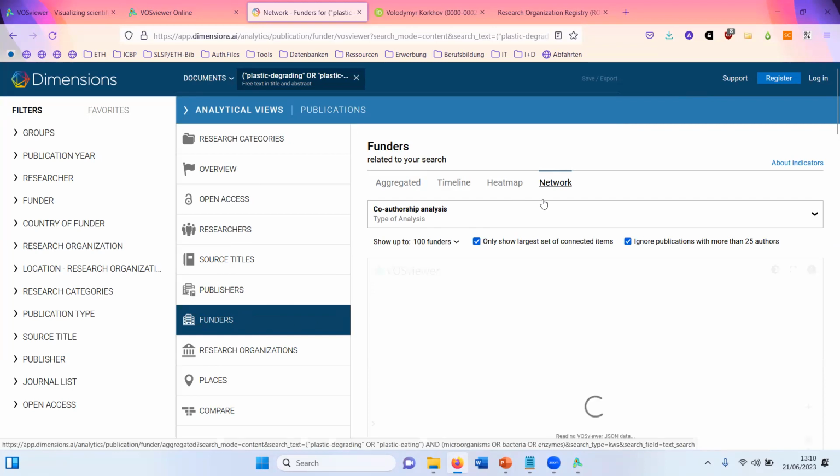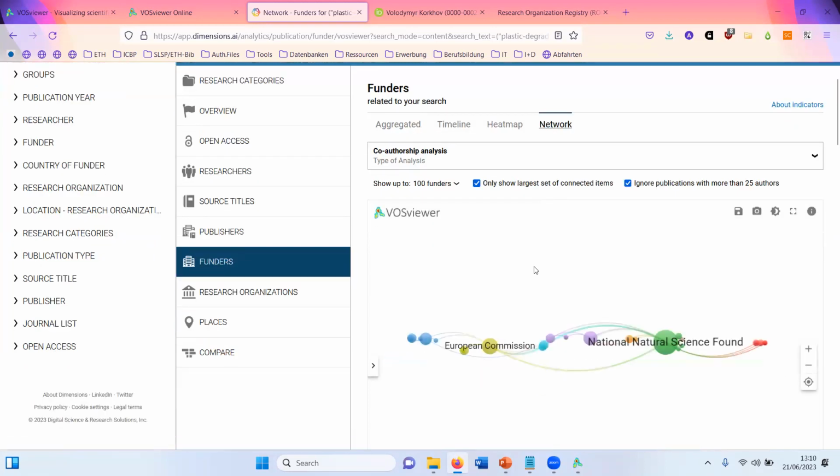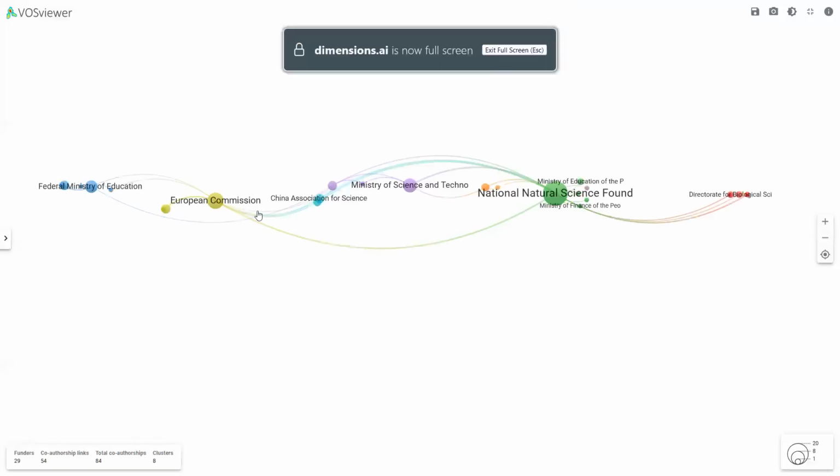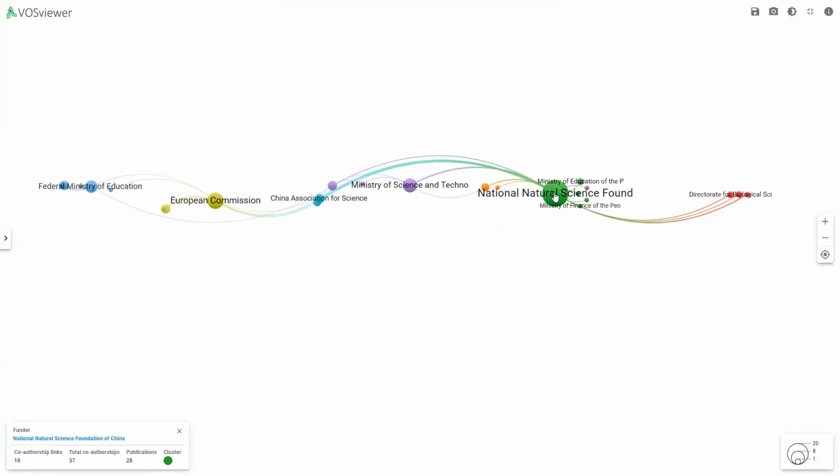So I selected funders now, and I get a visualization of organizations that have funded publications with these topics I specified before. So I can now go to full screen again, and I can hover over these nodes to find out which they are.